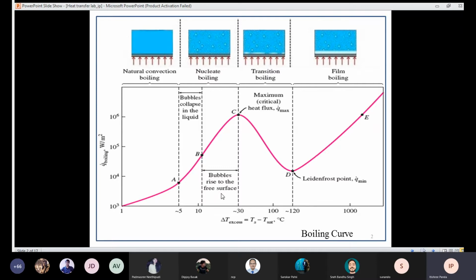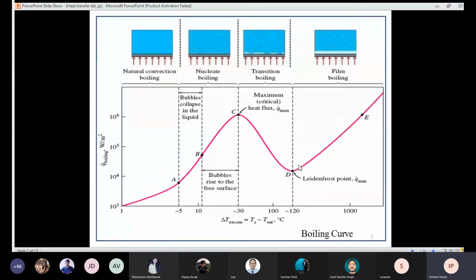So now when you keep on increasing the superheat, even beyond that, in this film boiling region, a point would come where the temperature difference delta T is going to be of the order of 10 to the power 3 or so. It will be really large. So the film boiling is going to be associated with radiative heat transfer as well. So radiation starts to take over in this region here, and the rise of this curve will be steeper than what is drawn over here, this curve.